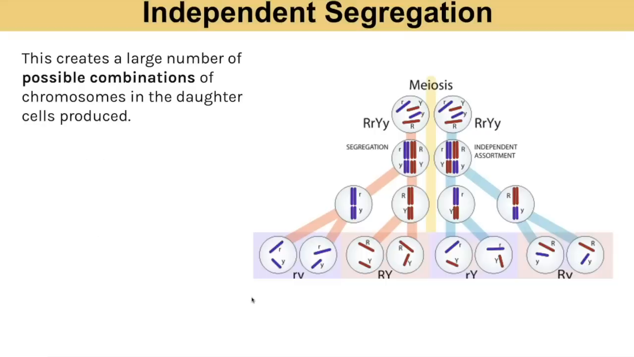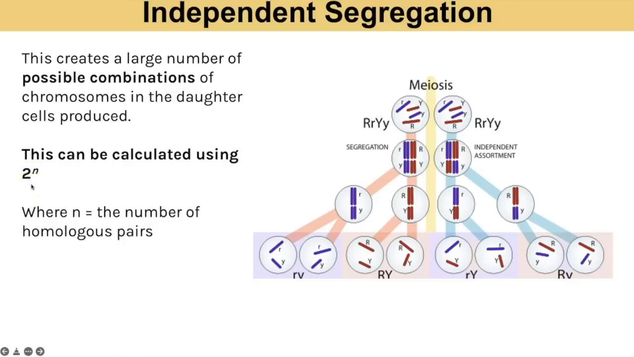This creates a large number of possible combinations of chromosomes in the daughter cells produced. And you can actually calculate this by doing 2 to the power of n. 2 because it is homologous pairs, so you have pairs of chromosomes, and n you would substitute in for how many homologous pairs of chromosomes that species has. So for humans, that would be 2 to the power of 23. We have 23 pairs of chromosomes, which means we can make over 8 million different possible gametes